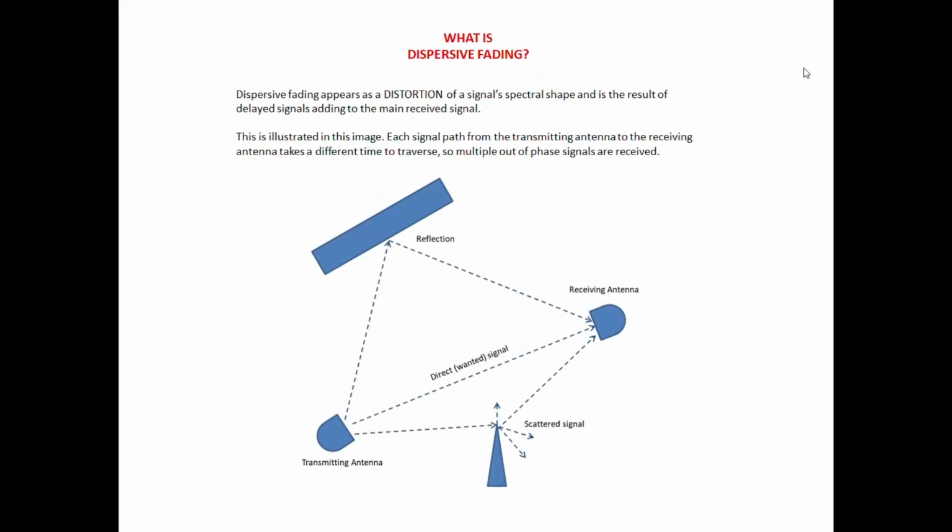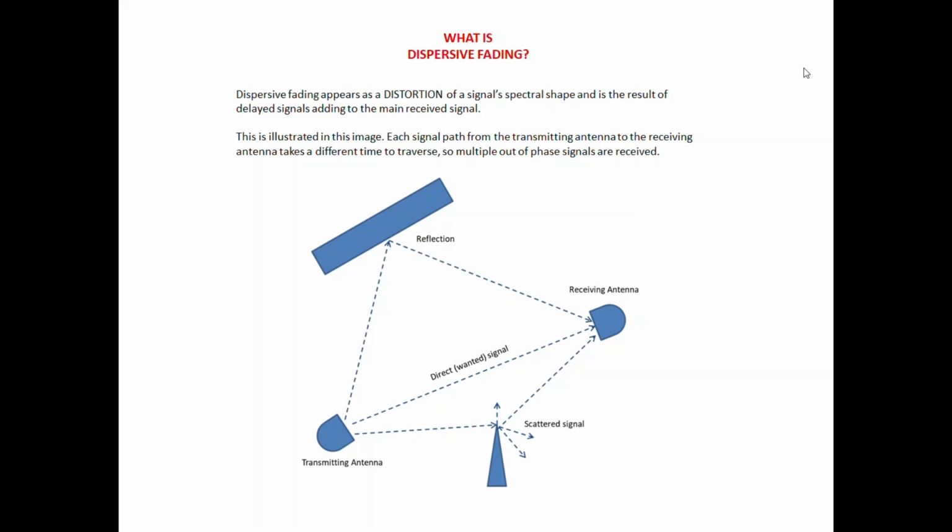In this next slide, I show you a simple example of a transmitting antenna at the bottom left, sending a signal across to the receiving antenna on the right. That's the direct wanted signal in the center. And I also show you some indirect signals that get to the receiving antenna from the same transmitter, so essentially the same signal, but following longer paths through scattering or reflection, and reflection can be within the atmosphere. So the result is that the receiving antenna receives multiple signals, and each of these signals is different in delay, the shortest one being the direct one generally, and